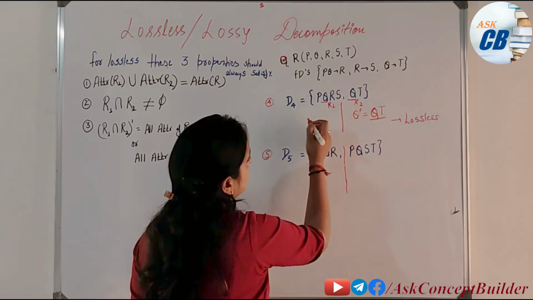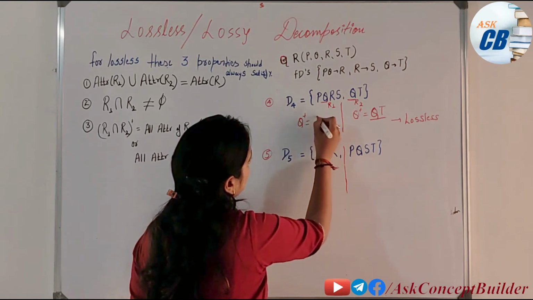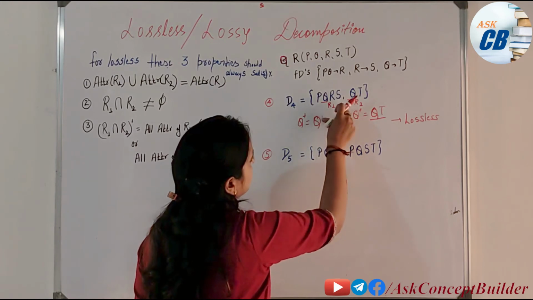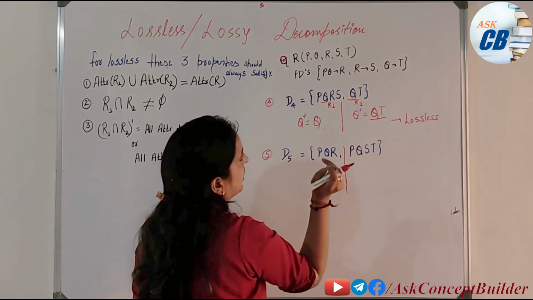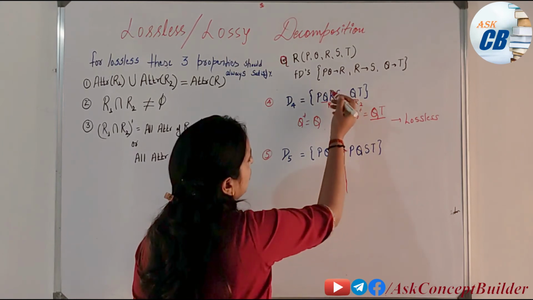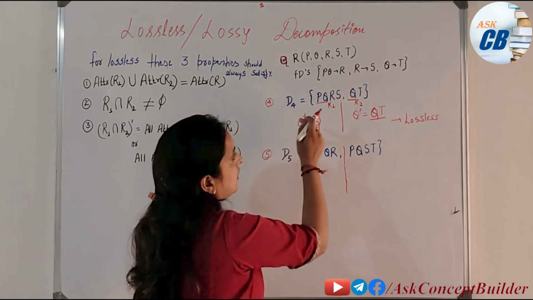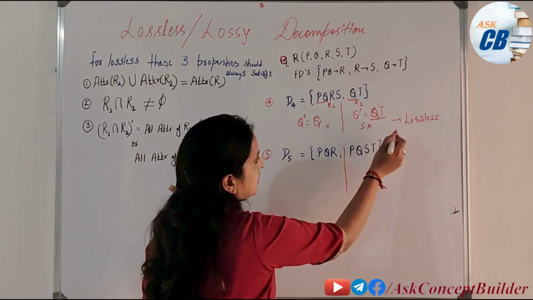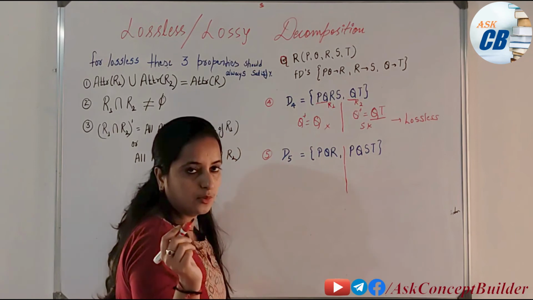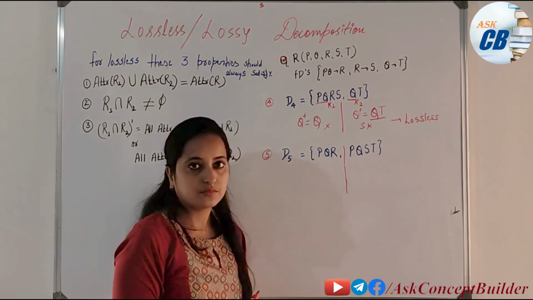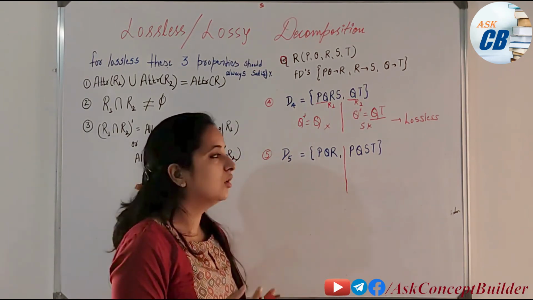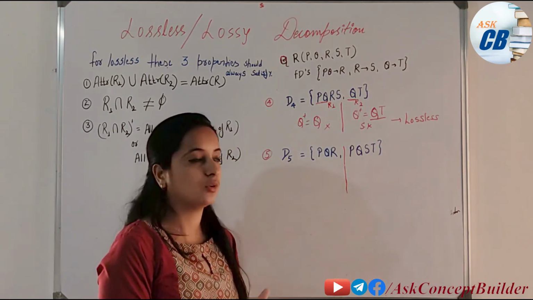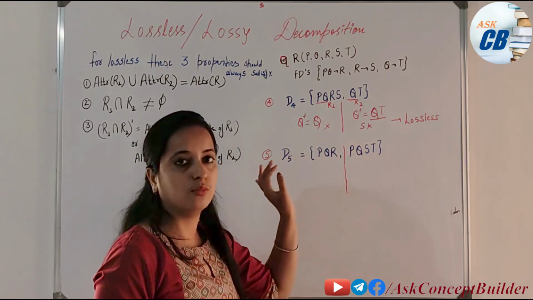for this also. So it was our Q. Q is giving me Q, and then Q is giving me T, but T is not in this relation R1. So it is not deriving PQR. Q is not deriving these attributes, so this is not the super key for this one, but this is the super key for the other relation. So we can say this is our lossless decomposition. Because in the exam we have to save our time, so no need to find for this. If we are getting it for any one, we will directly mark it. No need to waste time finding it for both relations.